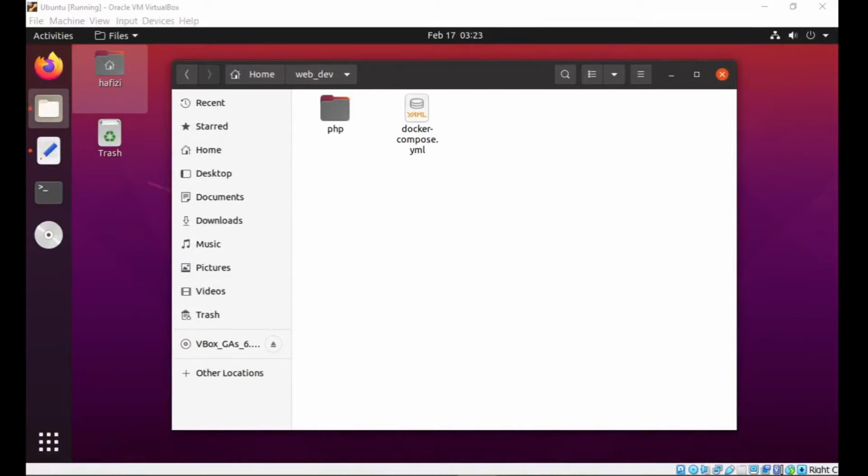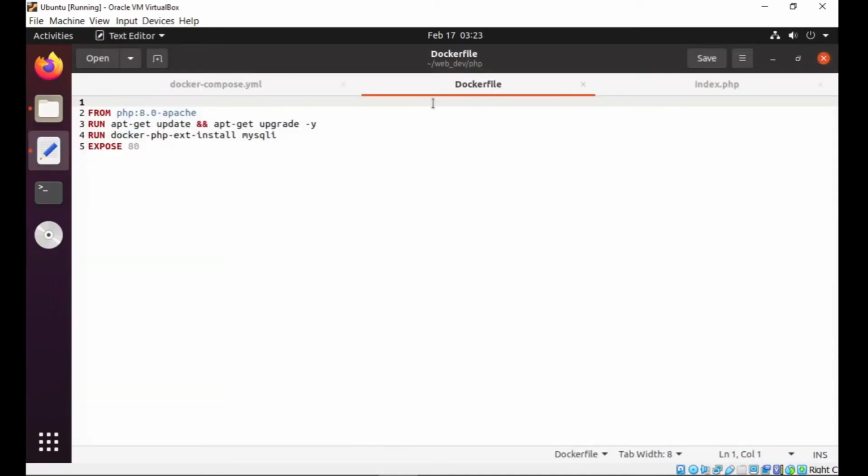So today I will present about the database. Firstly, I will present about the PHP. It contains a profile and index PHP. For the profile, it will take from PHP 8.0 Apache and it will run